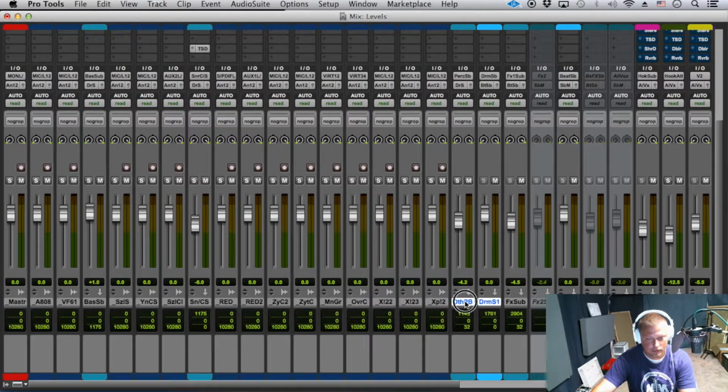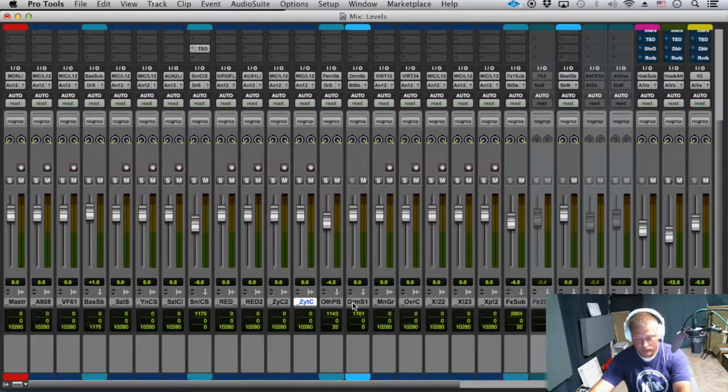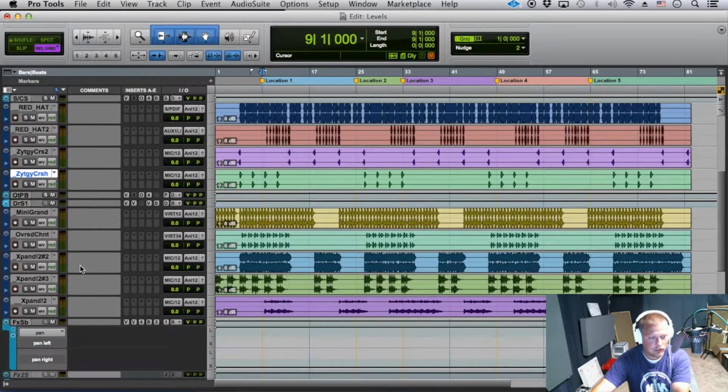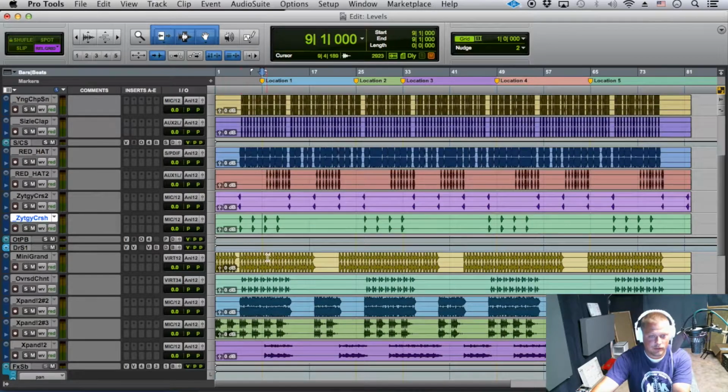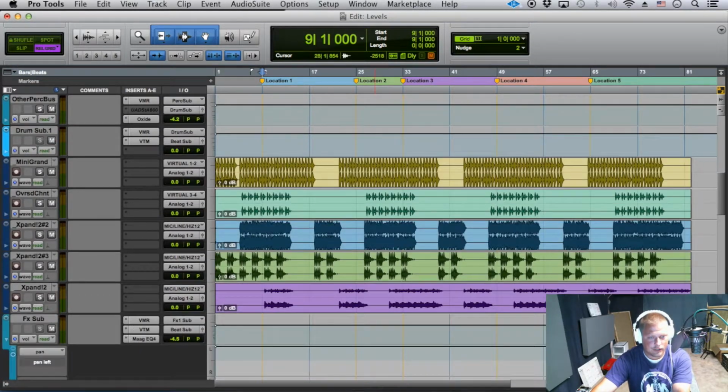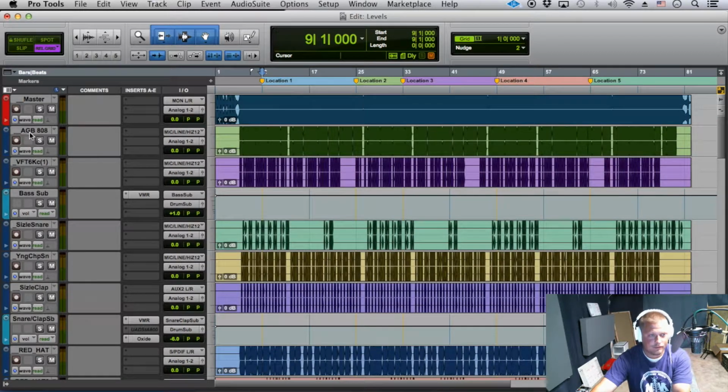Other percussion and drum sub we're going to use to separate the rest. I don't remember if these ones above mini grand were. Yep, those were our other cymbals. Okay, so then we got our effects sub, and if there's a lot of difference in here, then we can split some stuff up. But for the time being, just to look at the drums and whatnot. So these two, we got